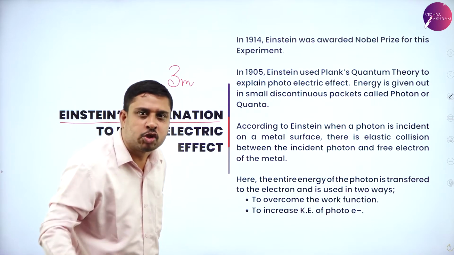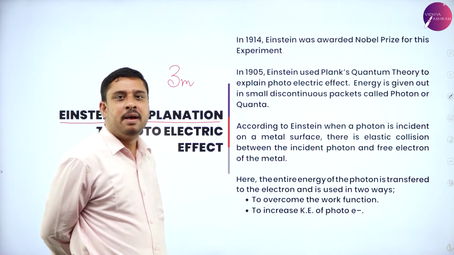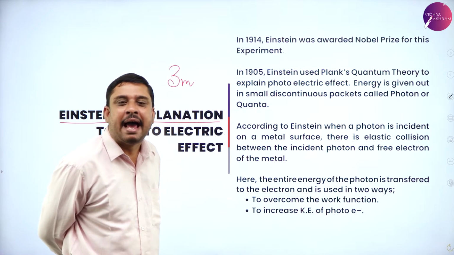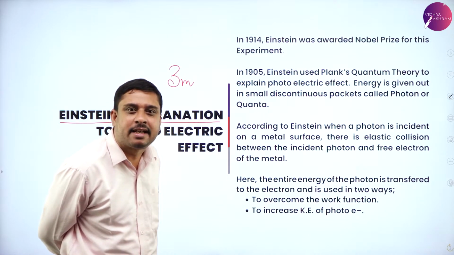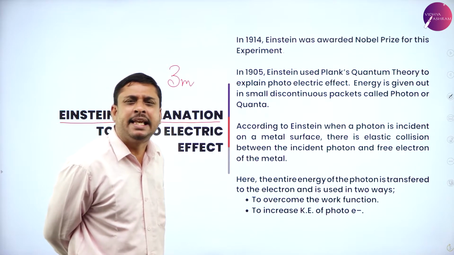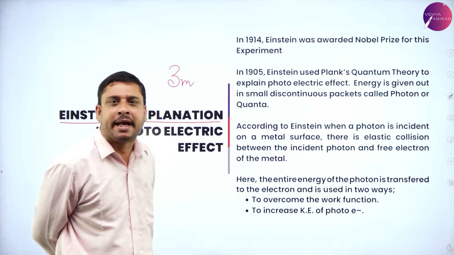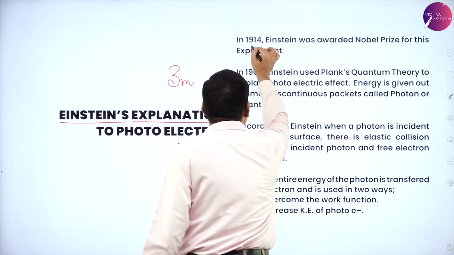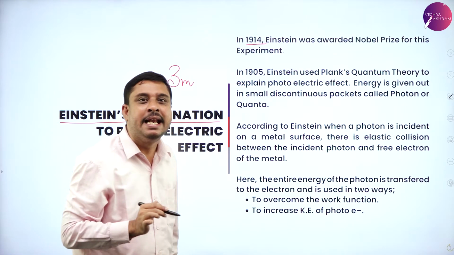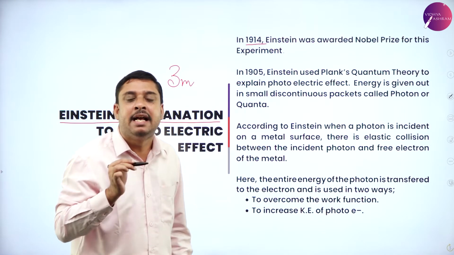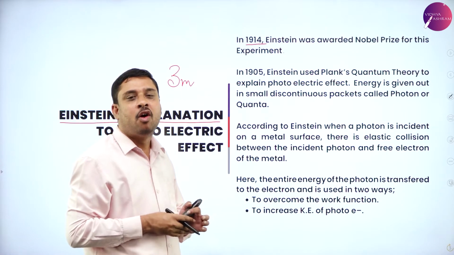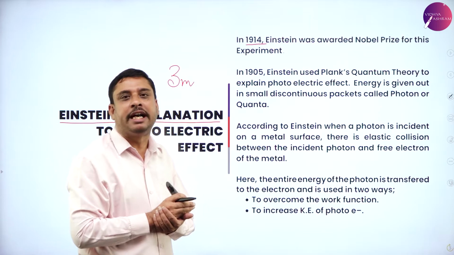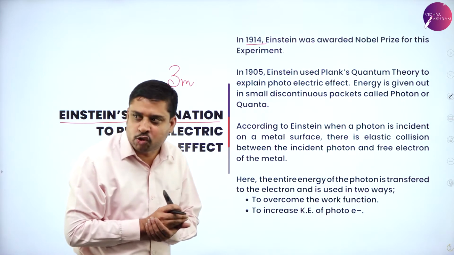Immediately, electrons were liberated. But the question is, is the mechanism as simple as we stated? No. It took years for Einstein to explain the mechanism, and finally in 1914, when he explained the mechanism of photoelectric effect, he was awarded the Nobel Prize. So please, to understand,